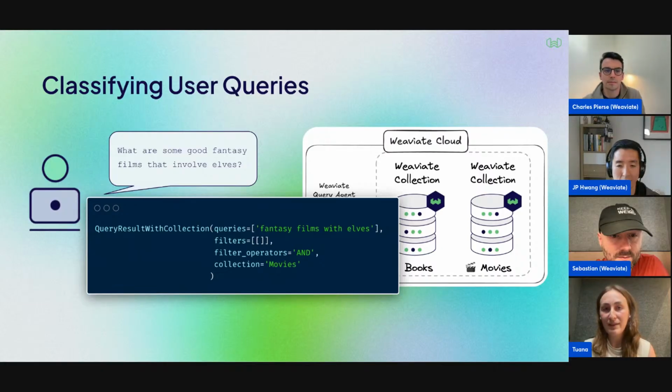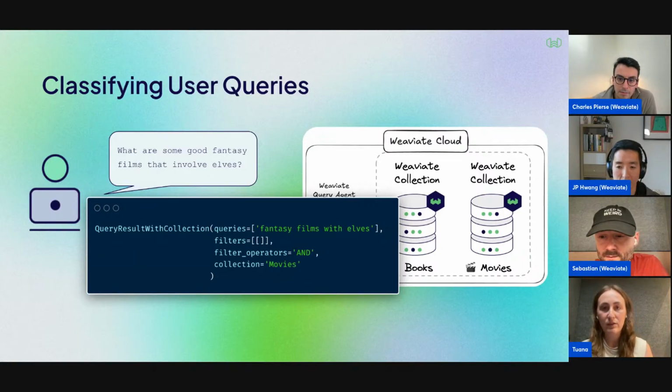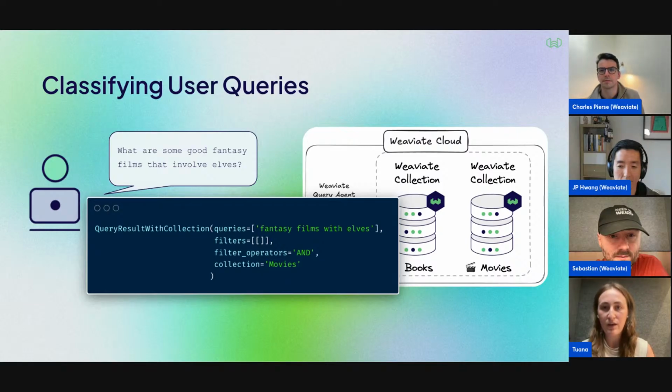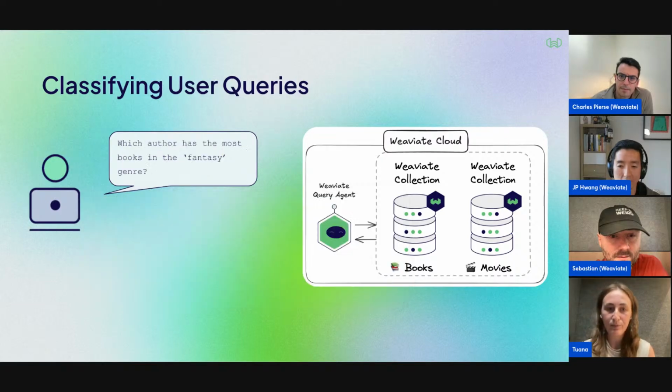And the cool thing here is that the query agent is also responsible for generating this query to begin with. So if you're familiar with agents, you can think of search and aggregation being two of the tools that are available to this agent.